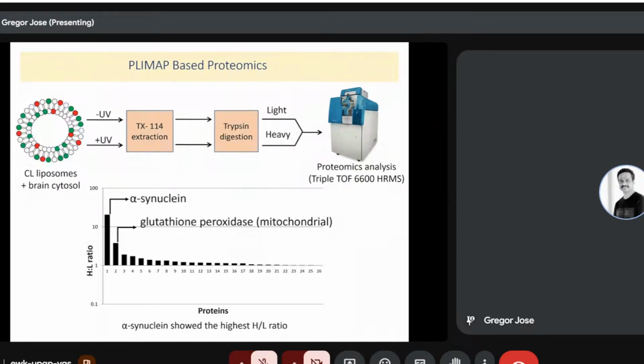But the question comes: is it just an error of mass spec? You have two samples mixing up together, and you're doing proteomics. You might have some error there. That's why we are getting alpha-synuclein as the major thing. To confirm this, we did again